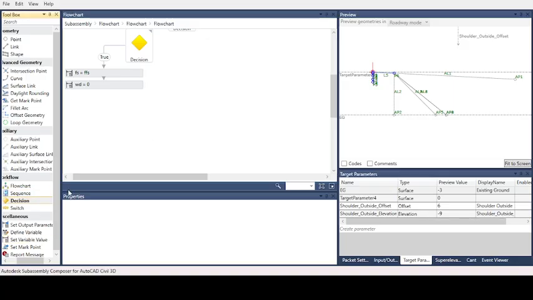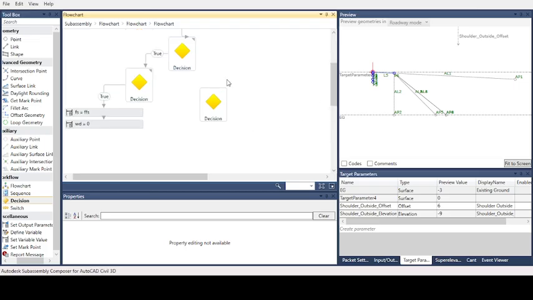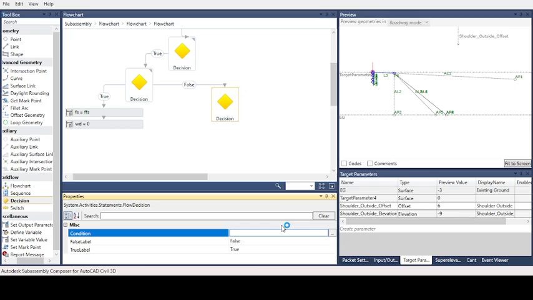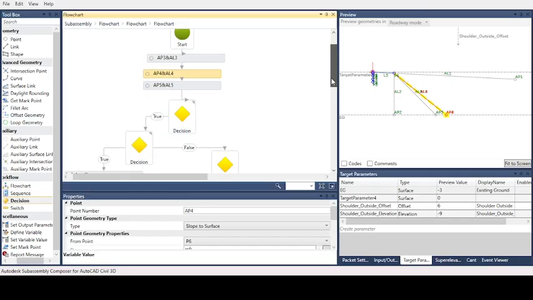Okay, we will add the next decision, if it is greater than 1 meter but less than or equal to 2 meter. The condition is we will check if AP4 is valid. This means AP4 for the medium fill slope.